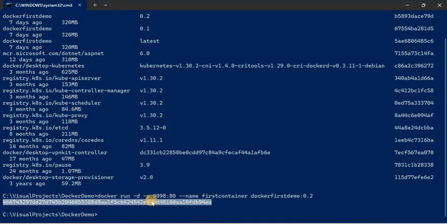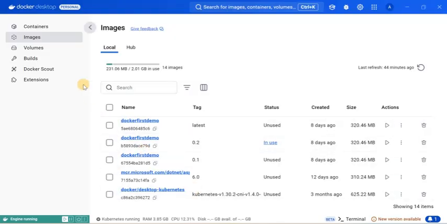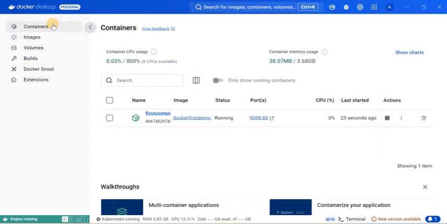Whatever you are getting is a container ID. It's a big container ID which got created with this port number. We can see whether the container got created for this image or not. What is that image? Docker first demo image with the .2 tag. For that image we have created a container. You go to Docker, and earlier the containers were empty. Now you see the container is created with the image name, and the container name you provided, first container,